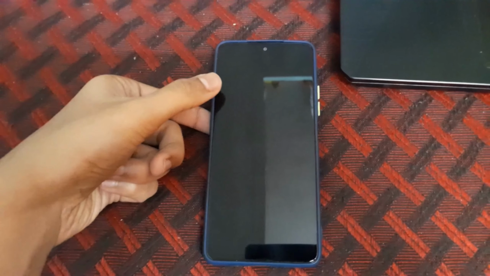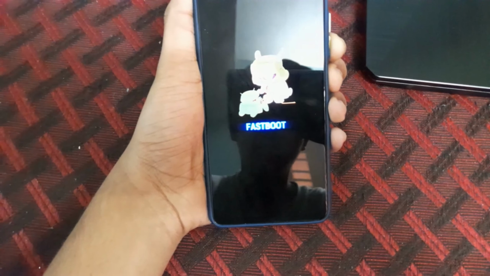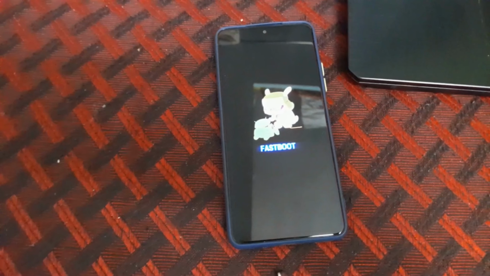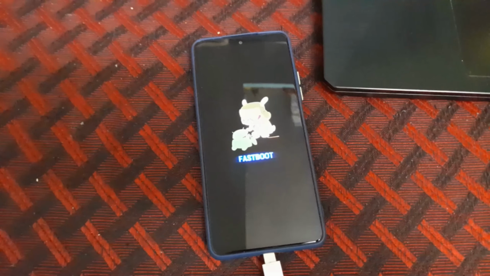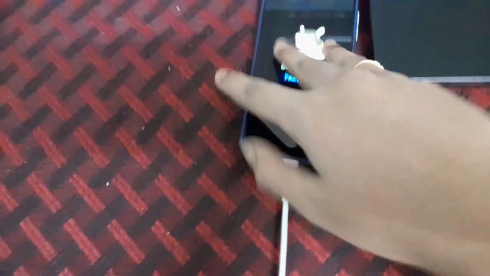And now you can reboot your phone into fastboot mode by powering off the phone and pressing the power button and volume down button until your phone boots into fastboot mode. So once your phone is in fastboot mode, we can connect our cable, and in our PC